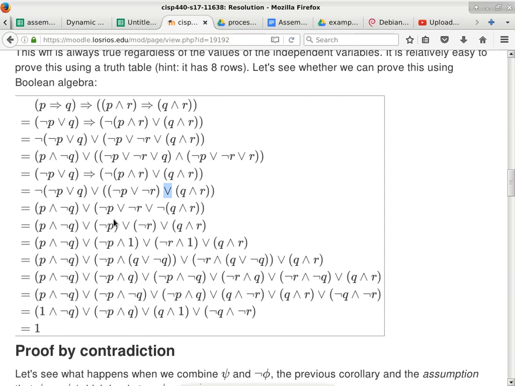No, the next line. The next line? You mean here? After you remove the parentheses, you said "or, not Q and R." Okay, so is the question from here to here? Yes. Because there's an or outside of the parentheses, there's an or inside the parentheses, right? Yes. But because disjunction is associative, that's why I can dissolve the parentheses and not use the parentheses here